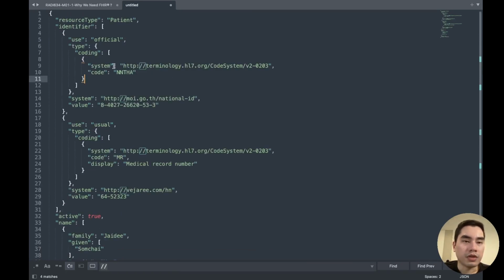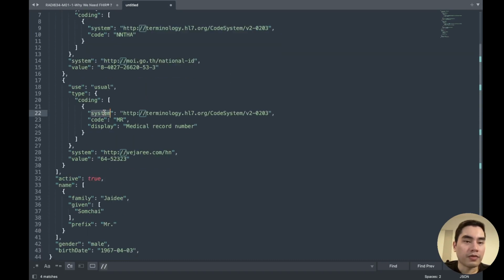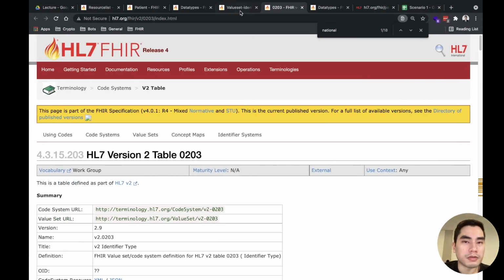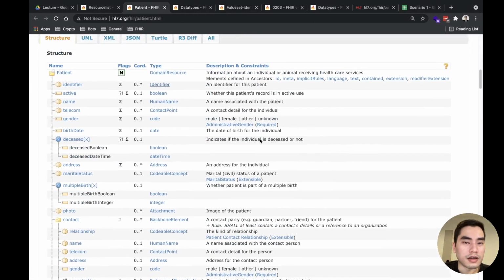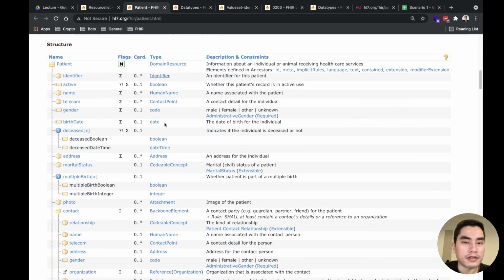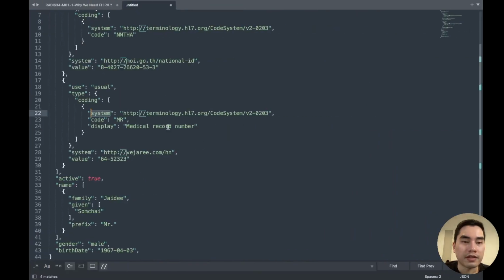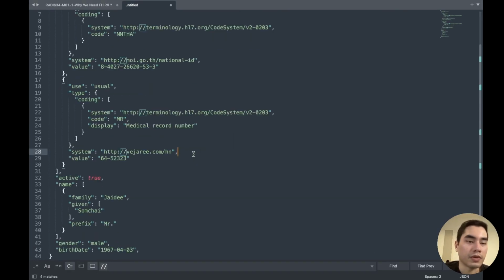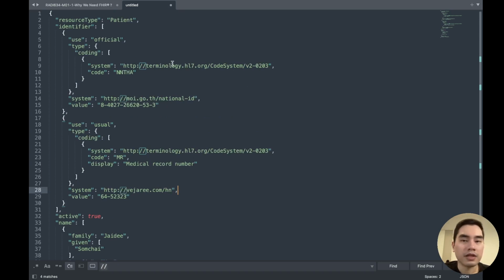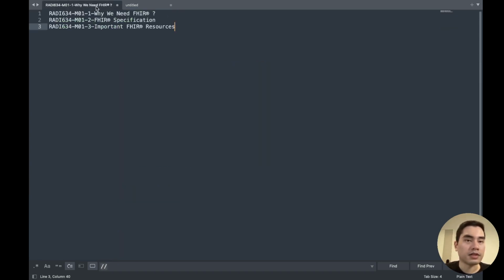One thing to notice is that this system value, in the spec is bound to a value set, right? But when they reference it in the actual resource, they reference the code system, not the value set. So this is one thing to remember. Okay, so we finish the first resource.